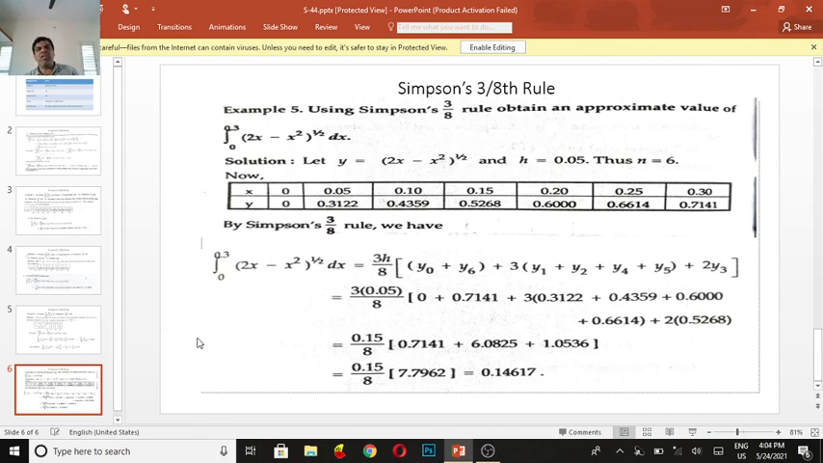This is the way of evaluating the integral from 0 to 0.3. Here the interval was not given, so we divide it ourselves. Generally, in the subinterval form, the number of terms should be either 4, 6, 8, like that. So we get the h value, approximately the h value should be